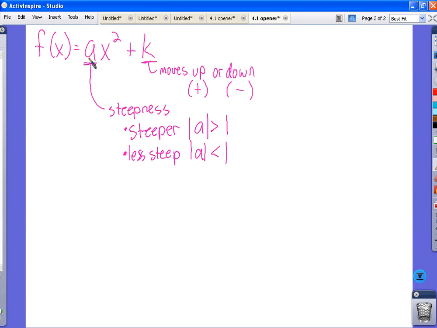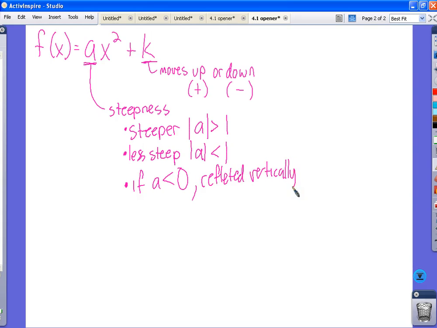If A itself is less than 0, what does that mean? Less than 0. What's another way you can say that? Negative. What kinds of numbers are less than 0? All the negative numbers are less than 0. Then what happens if A is less than 0? If A is negative? Reflected